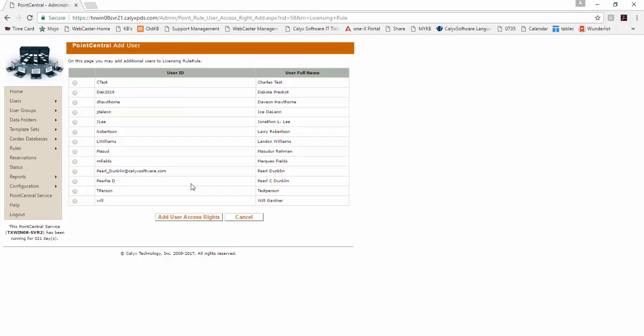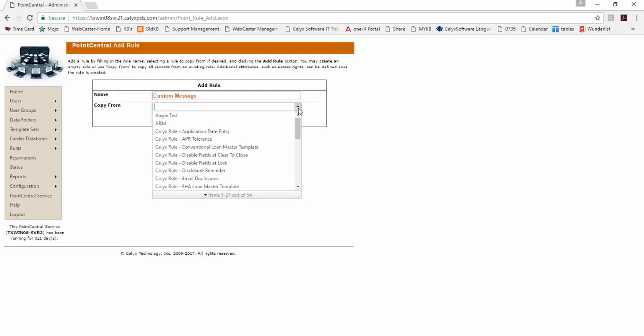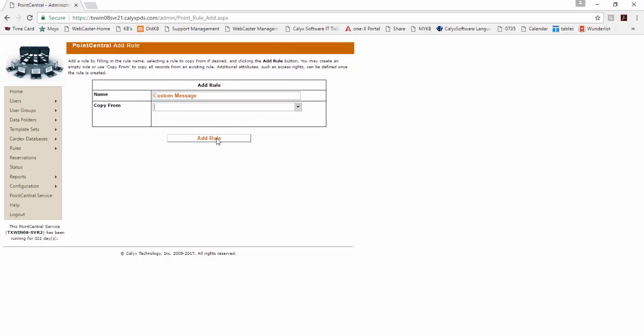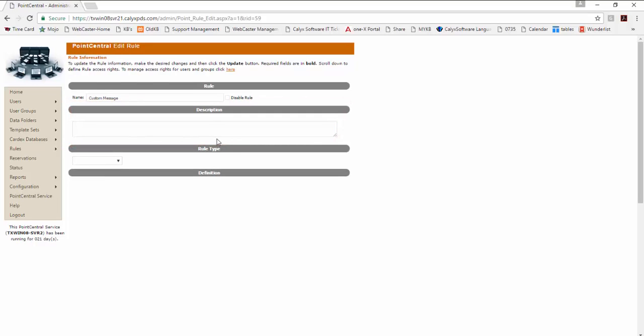The initial steps for setting a custom message are the same as the previous. From your PointCentral admin page, using the left navigation menu, go to Rules and Add Rule. Enter the name for the new rule. Use the Copy From drop-down if wanting to copy settings from a previous rule, and click the Add Rule button. Once on the Edit Rule page, you can enter a description and then select Custom Messages from the Rule Type